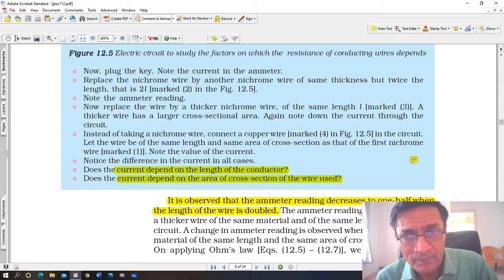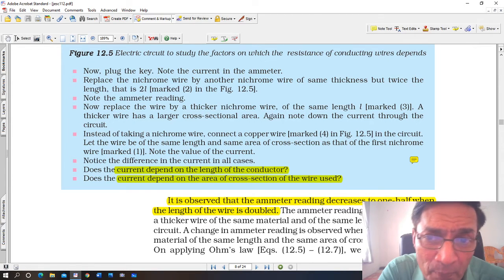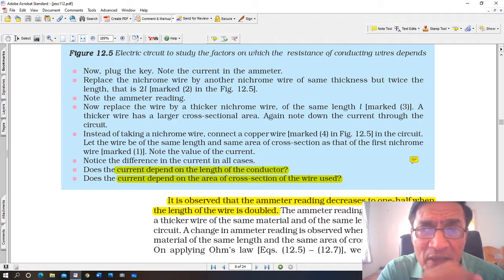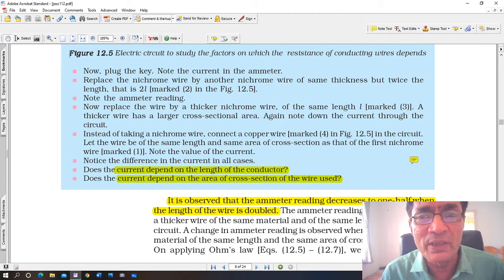Yes, it does. The third factor, as I told you, is temperature, which is not important because we take it at constant temperature, the room temperature. Another important factor to consider is the material itself. It is a copper wire, an aluminium wire, a nichrome wire. What kind of wire is it? What is it made of? A silver wire, a gold wire. In other words, the material of the wire also plays an important role.